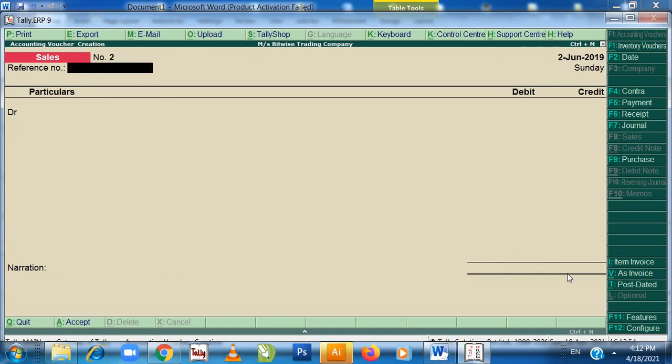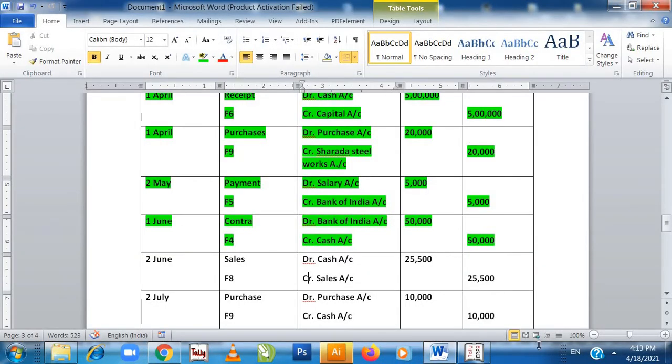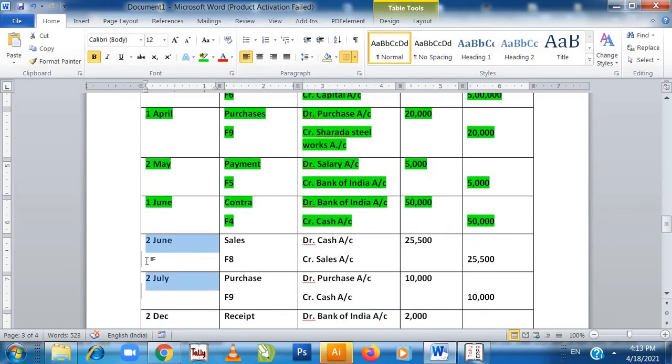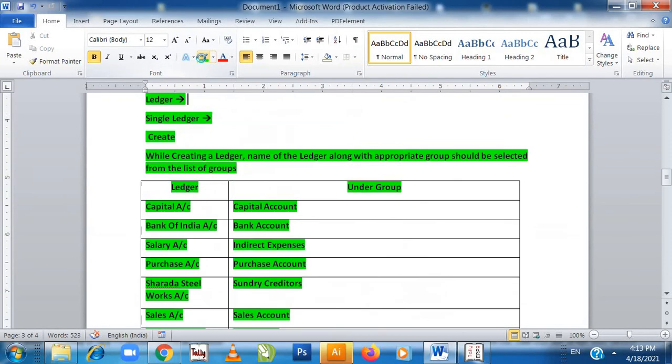Now another entry is purchase machinery. So entry will be purchase account debit to cash. Now come here. This we have done on 2nd of June, so I am just highlighting it. Coming back to the question over here.